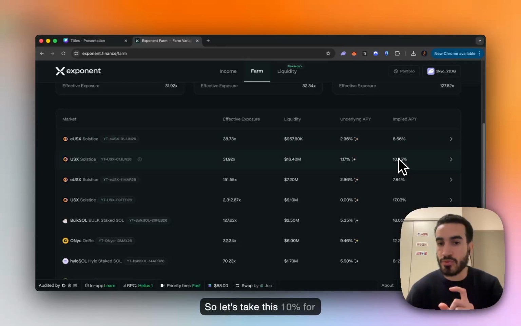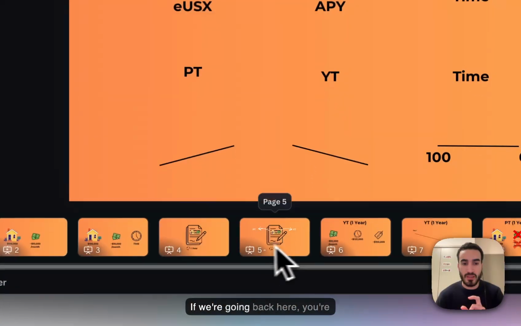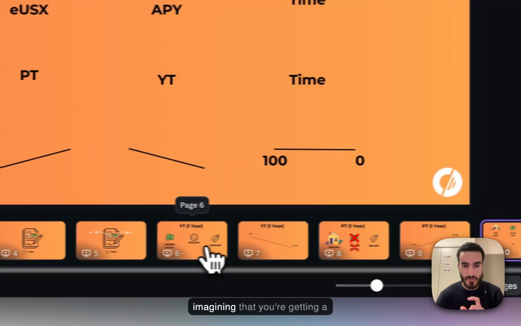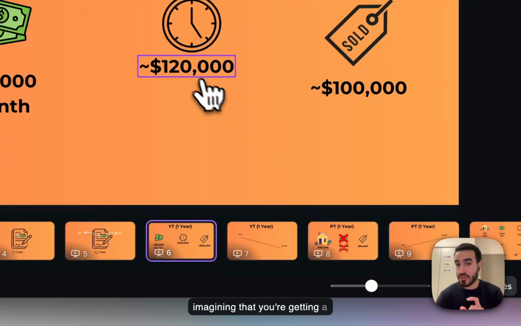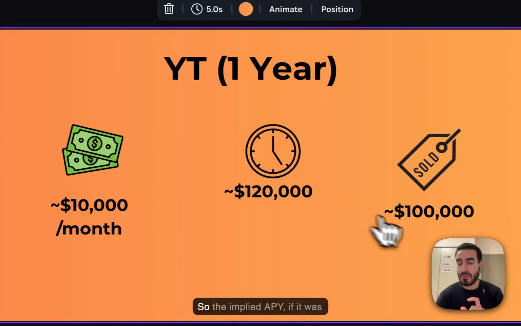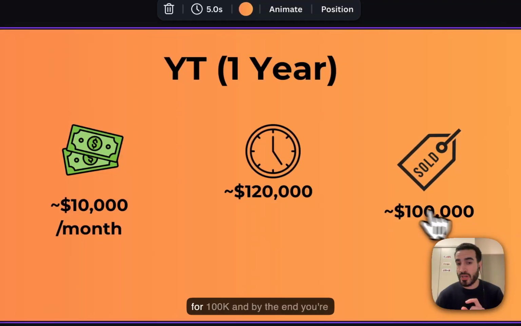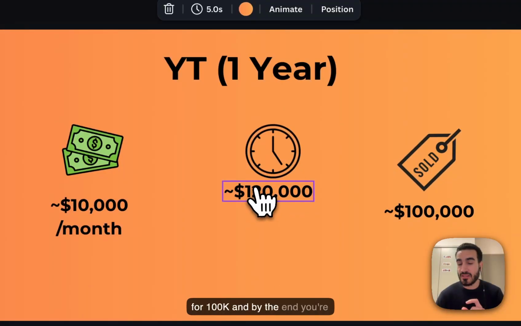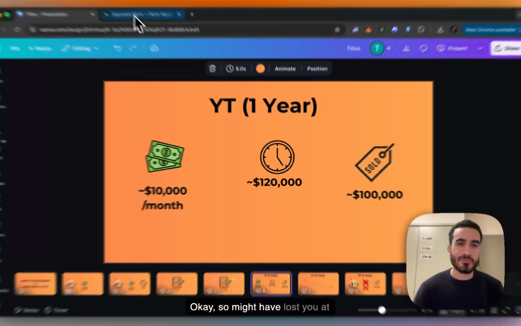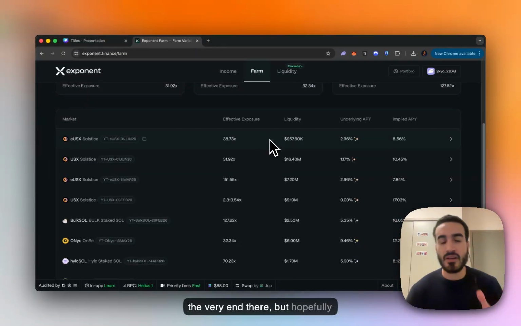So let's take this 10%, for example. If we're going back here, you're imagining that you're getting a 10% discount. So the implied APY, if it was 10%, means that you're buying it for 100K, and by the end, you're going to collect 110K. That's the implied APY. And if you're getting 120K, then you win even more. Okay? So, might have lost you at the very end there, but hopefully you get the concept of PTs and YTs,